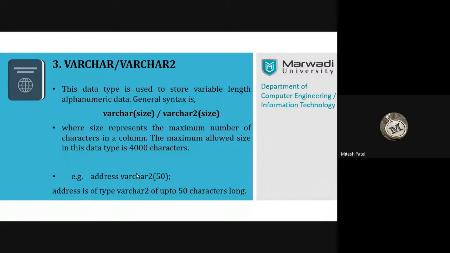Now let's see the difference between character and varchar. Now I think it is clear to you. Character is fixed size, only characters. Varchar2 is variable length alphanumeric. Now what is the difference between varchar and varchar2? Nothing. Varchar2 is the upgraded version of varchar. In some platforms, some software, they support varchar. Earlier it was so, but nowadays most platforms and applications support the varchar2 data type. So generally, varchar2 is the most commonly used data type.